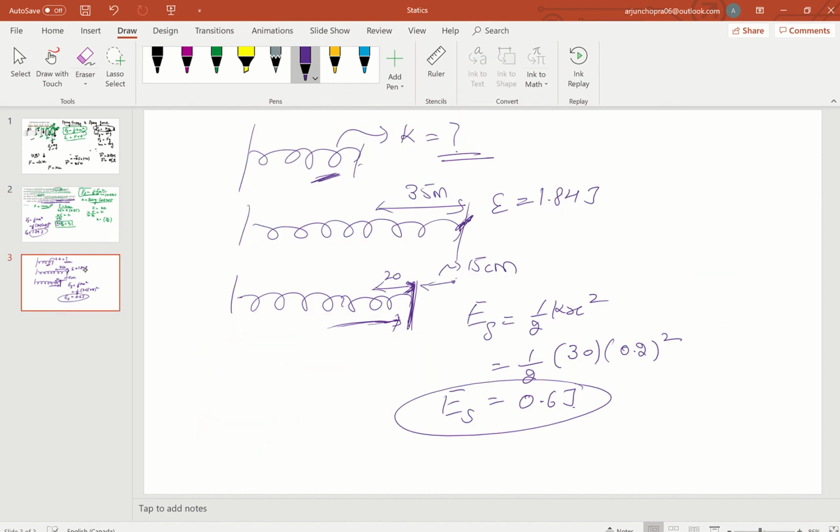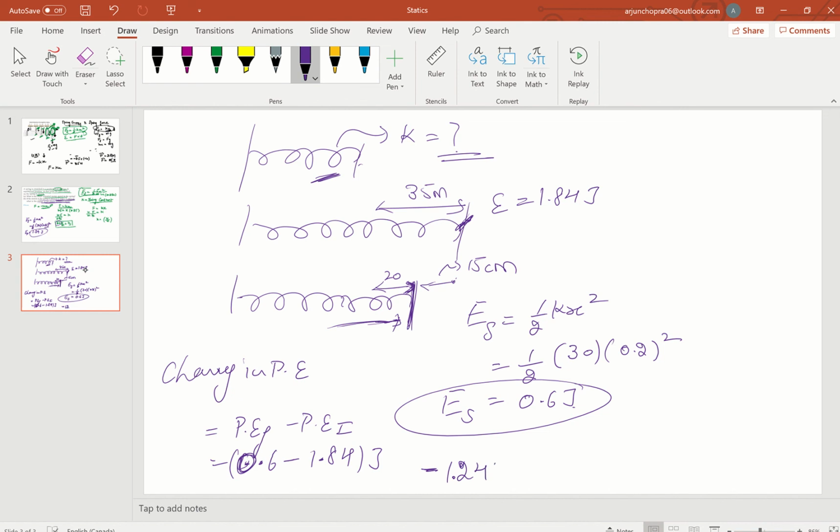Change in potential energy is PE final minus PE initial. Initial was 1.84, final is 0.6, so 0.6 minus 1.84 joules. If I subtract these two values, the value will come out to be -1.24 joules, which means the energy is being taken out of the system. Remember, energy given to the system is positive, energy taken out of the system is negative, so that's why the value is negative. So hopefully you were able to